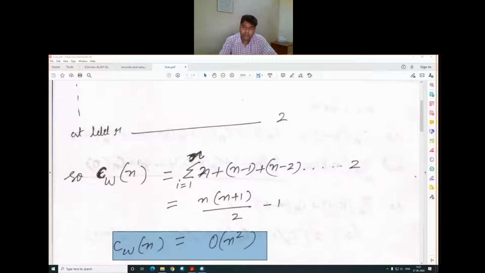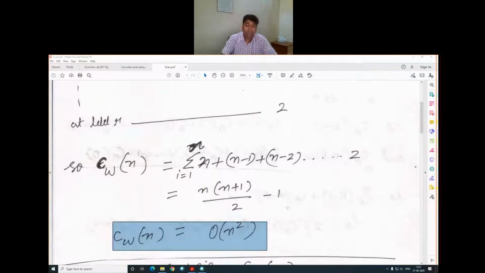Big O notation is used for the upper bound of the algorithm, basically the dominating term of the mathematical equation. We will discuss that in the further class, along with the different types of notation that we have also learned in data structures: big O notation, theta notation, omega notation.